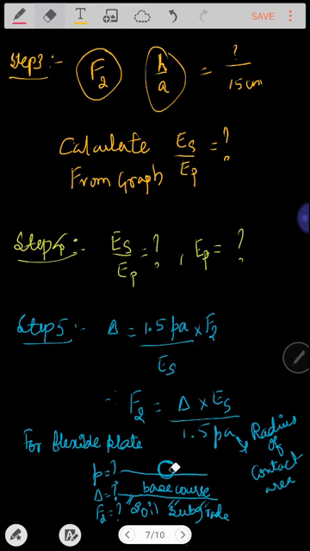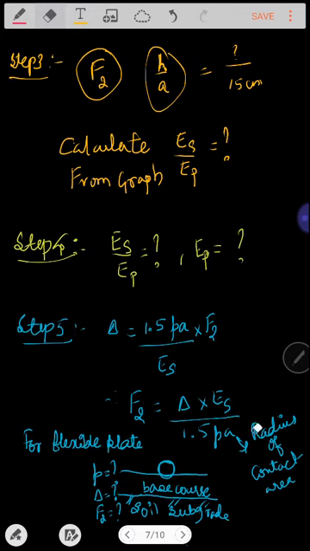If it is for the flexible plate, we have to use the expression for determination of delta for the flexible plate, as we know it can be calculated by the expression delta is equal to 1.5 Pa divided by Es into F2. So from this we need to calculate the value of F2, which is called the deflection factor. F2 is nothing but the deflection factor, which can be obtained by modifying this expression to delta into Es divided by 1.5 into Pa,